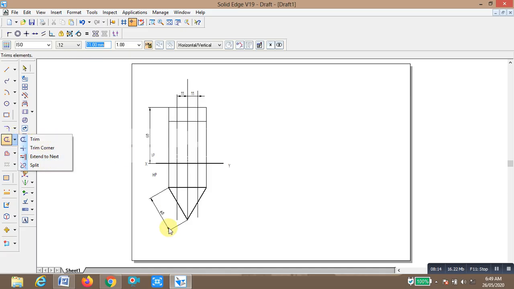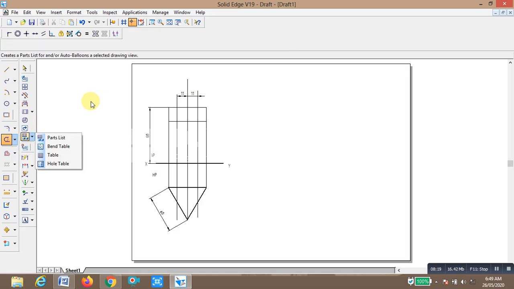So before making the triangle, you trim these unwanted lines. Then measure the distance. This distance measures how much? This is 22.